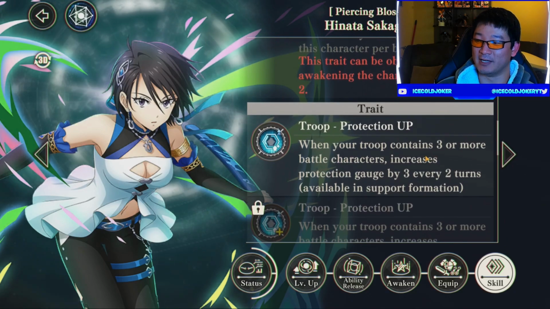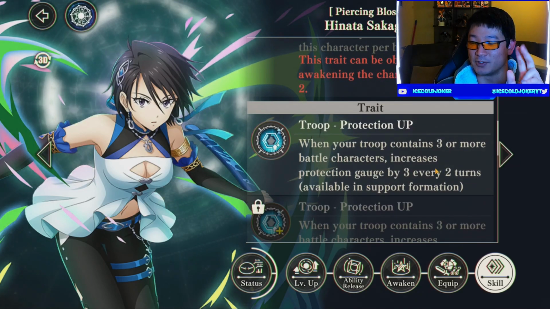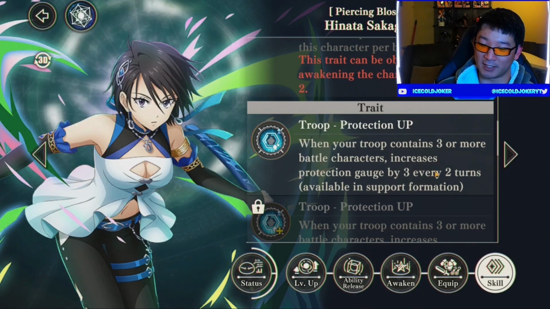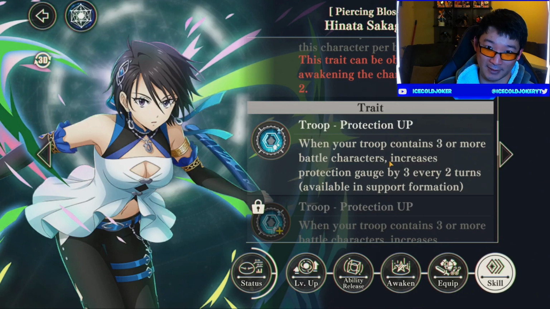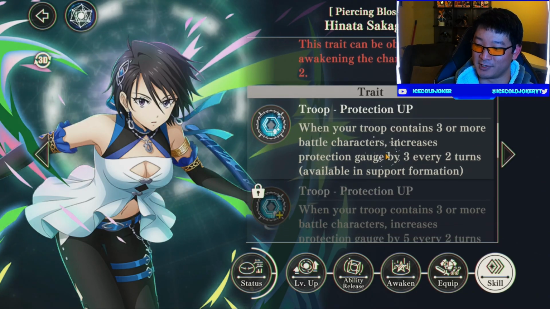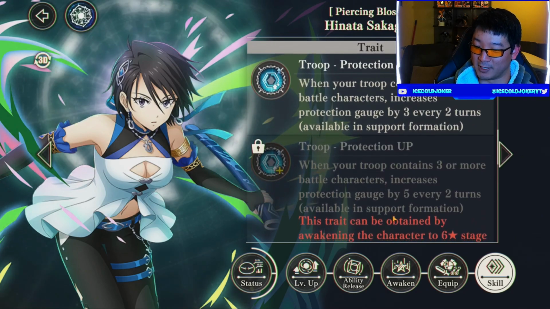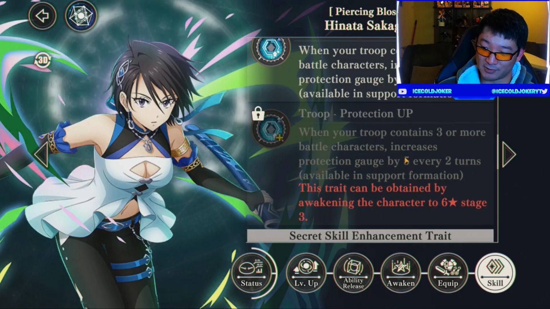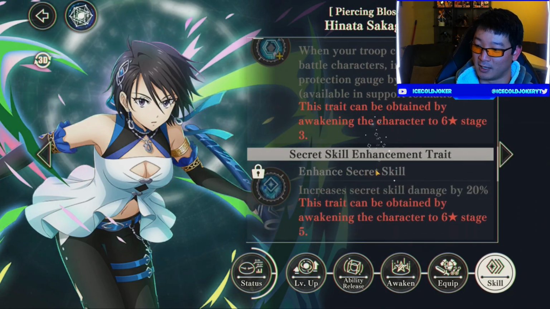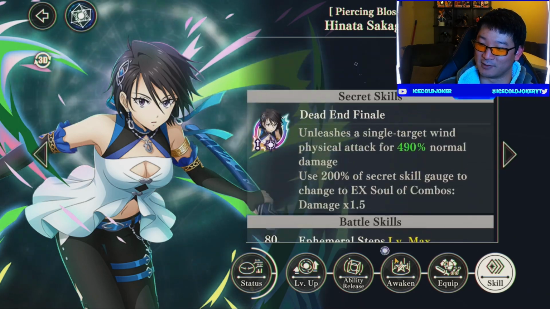Her actual trait, when you have 3 characters, increase the protection gauge by 3 every 2 turns, so just like Water Shion, just like, I think it's Violet that does that. So every 2 turns you get extra protection gauge, which is good for turn 2s. When you get her up to 112, you get up to 5 points every 2 turns. Also pretty good. If you get her to 120, she gets an extra 20% damage on her ult, which means that it's going to be doing